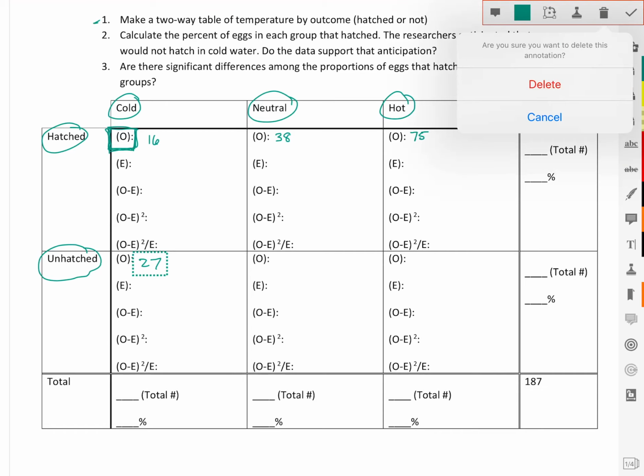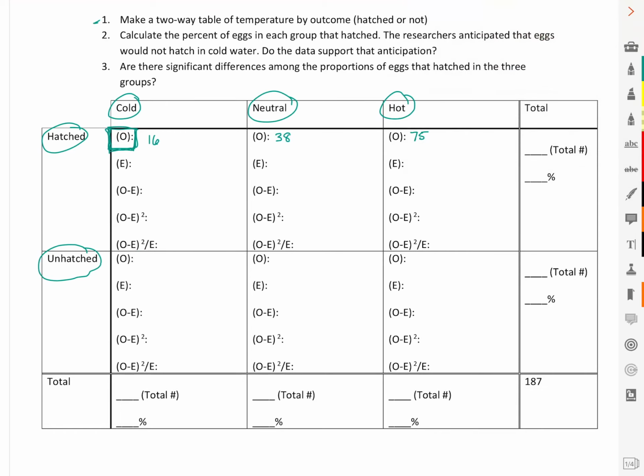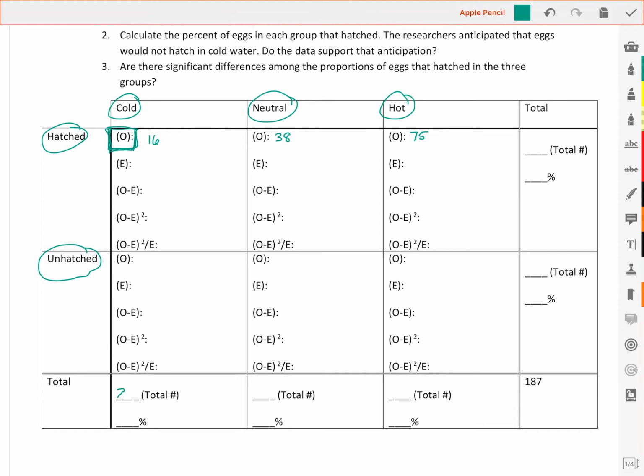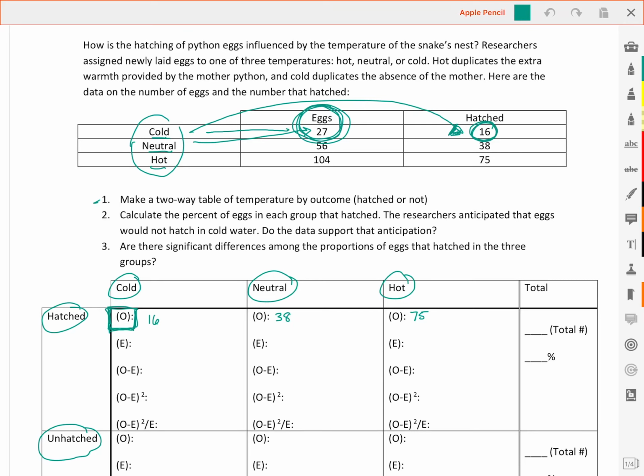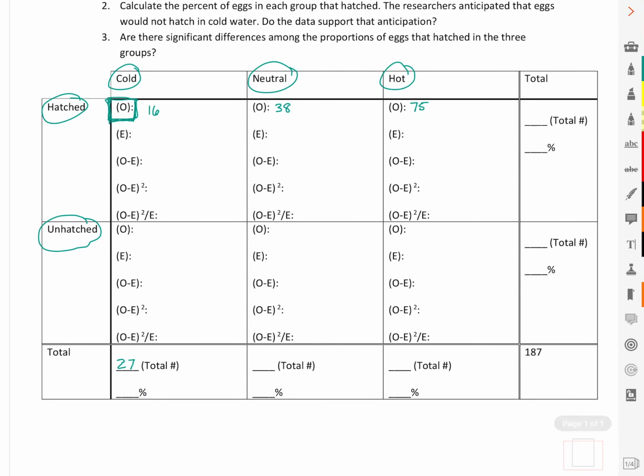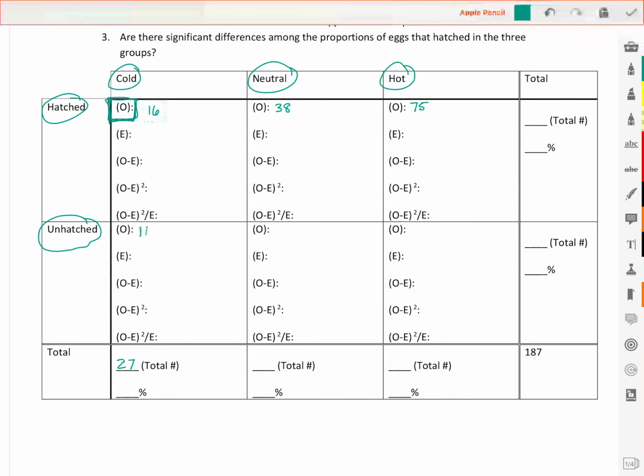Okay, so let's actually go back down here and delete 27 from right here. 27 actually goes down here. It is the total number of cold eggs. 27 is the total number of cold eggs. Okay, so if there's 27 total cold eggs and 16 of them were hatched, how many were unhatched? If you said 11 eggs, you're right. 16 hatched plus 11 unhatched leads us to the 27 total